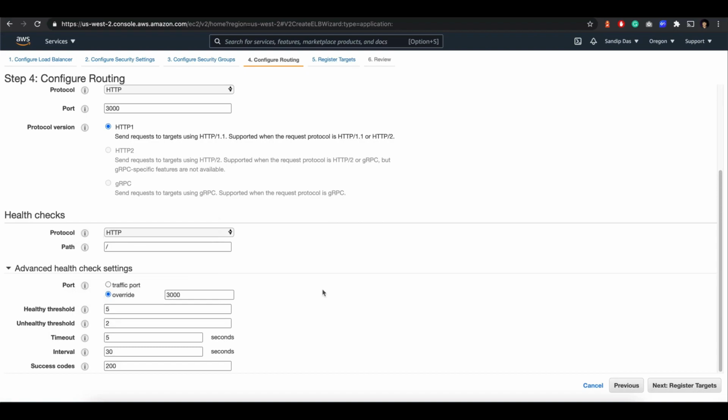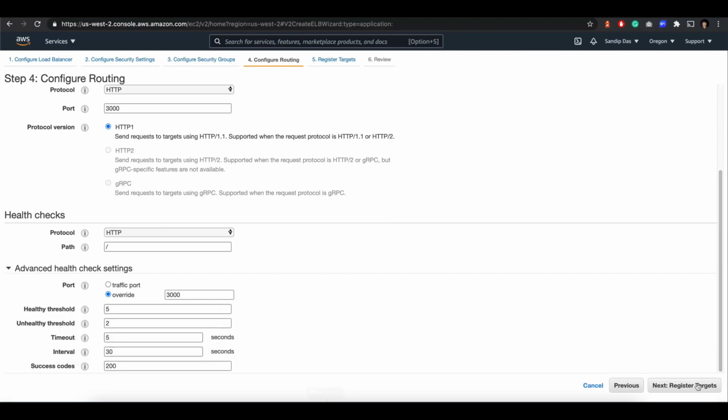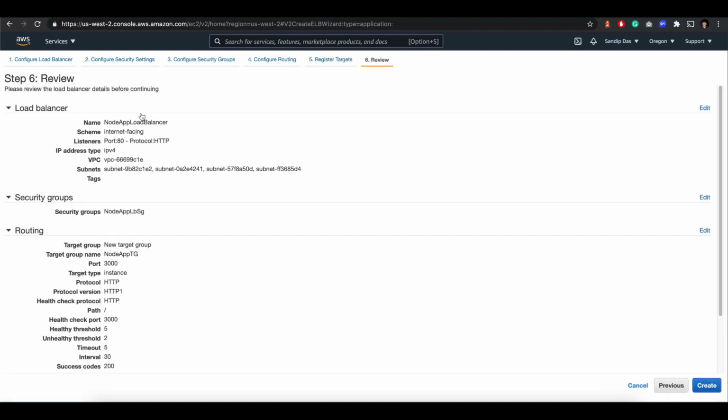So what happens behind the scenes: the target group and load balancer keep checking whether the instances are working fine or not. If they are not giving the proper response, like here you are expecting 200, see the success code is 200, if that does not come, then it just stops the instance, terminates it, and creates a new one. That's what happens. Targets, we can just go without any target for now.